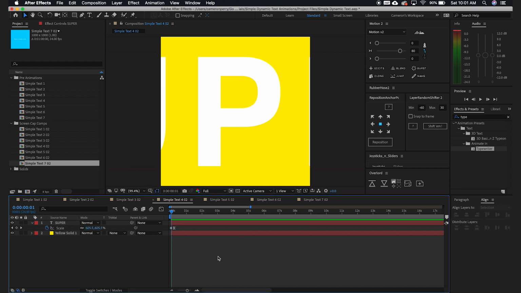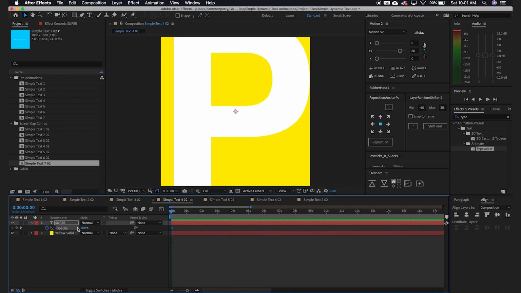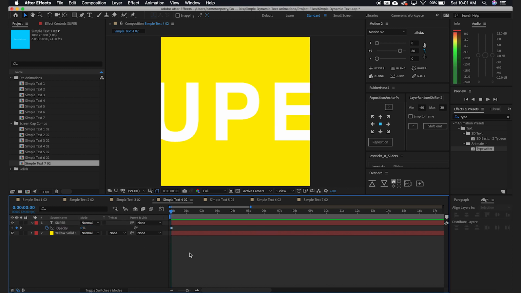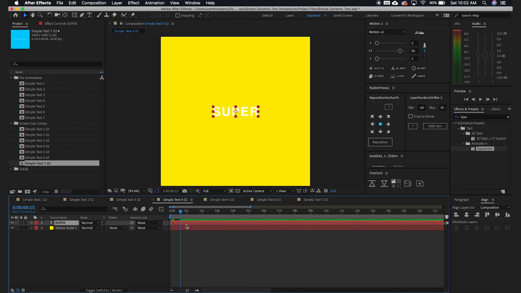Now we want to go to frame 2 and place an opacity keyframe, back up to the beginning and set it down to 0. So it's only a 2-frame animation, a super subtle opacity fade. So we now want to set up the transition to the next word. We want these words to appear super fast, so we're going to start our transition on frame 12. Set a keyframe for your scale and move forward about 3 frames, and set your scale to about 50%. We want to do a quick opacity fade on the way out as well, and you can actually just copy and paste your previous opacity keyframes here.